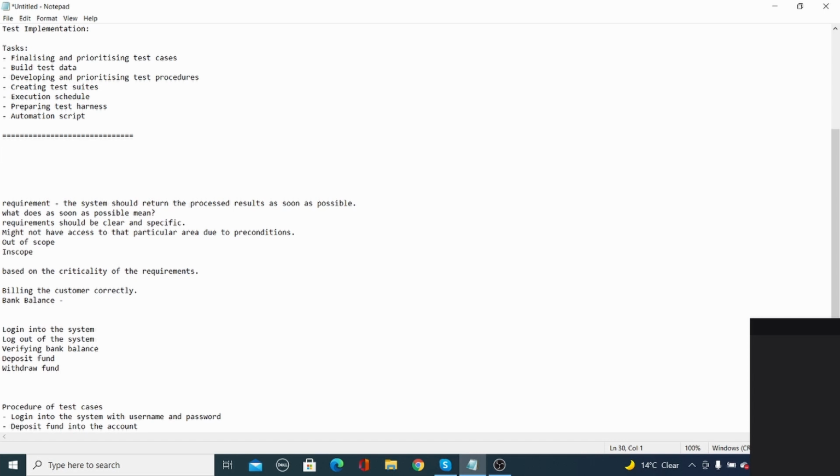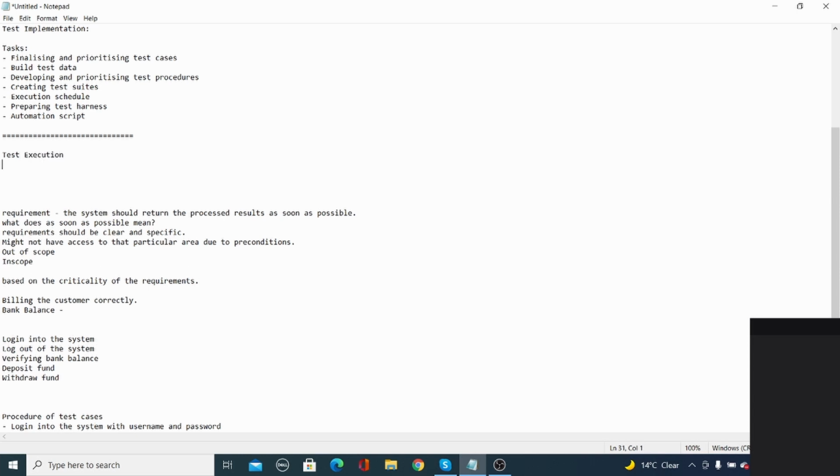Test execution. Now, in level 1, let's go to level 1 again. In level 1, we analyze the requirements and design the test cases. Everything is ready. In level 2, what have we done? We have the test cases ready. So we have prepared the test sets. We prepare the test data so we can execute. We finalize them. We prepare the test process. Everything is ready, and how you are going to execute the test cases.